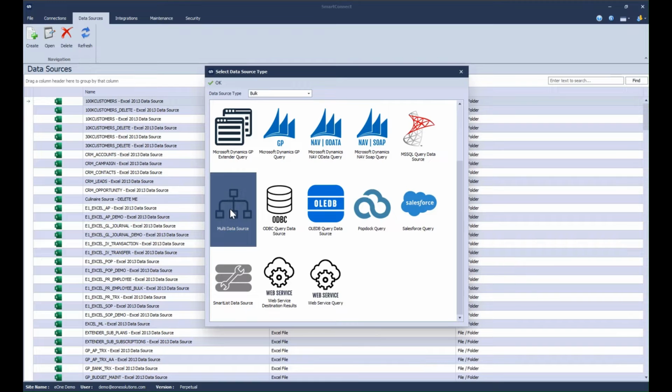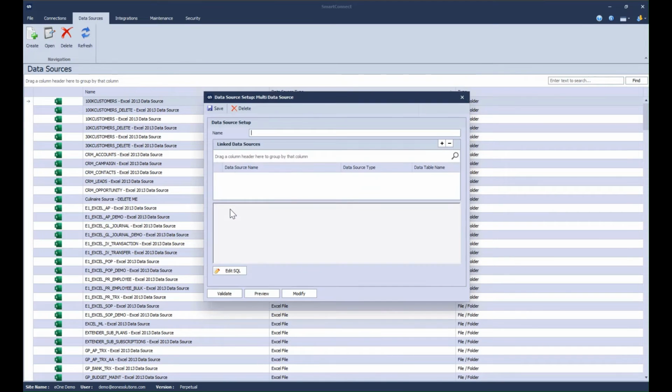The last one I want to talk about in here is a multi-data source. What a multi-data source allows you to do is take two or more other data sources and connect them together through joins. And the cool thing about this is they don't have to be coming from the same spot. One way that a multi-data source often gets used is I'm going to compare my source to my target with a left join, and I'm going to filter out any records that already exist